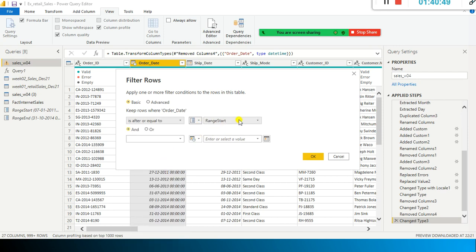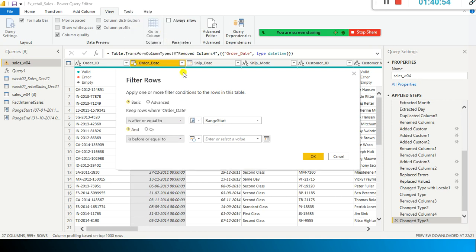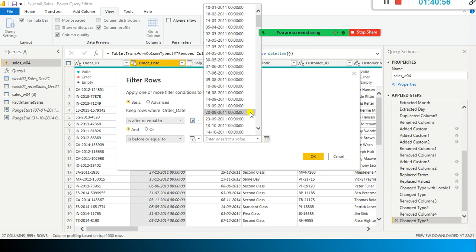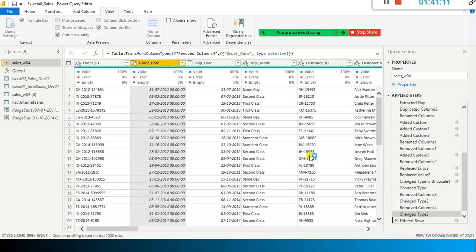So you just select range start, and here you need to specify is before or equal to, you need to select the parameter here, range end. Range start, range end, already we defined the dates here. We don't want to do the hard coding here, right? Since with this variable we are going to, and then we select OK here.